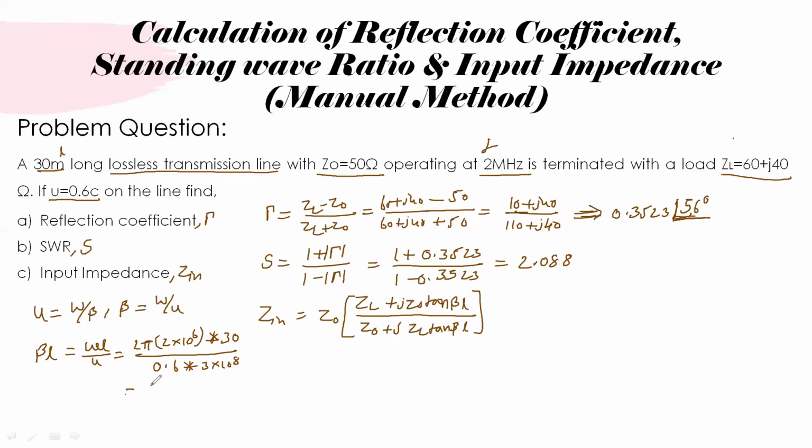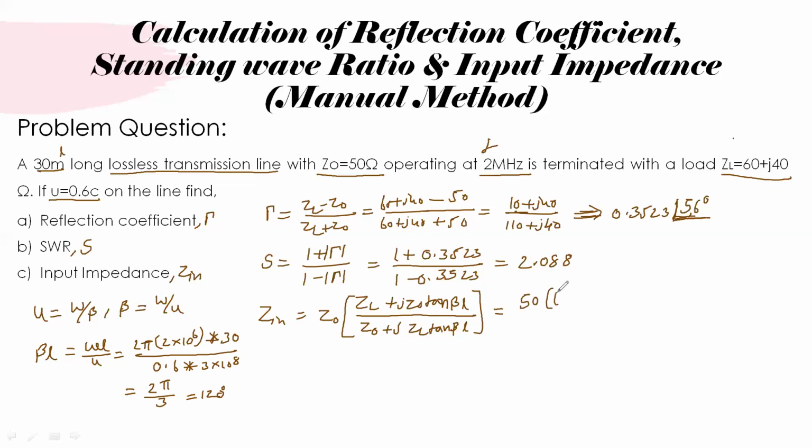Then the final value we will get is 2 pi by 3. So it is represented in terms of radians. Please don't substitute the value of pi as 3.14, because beta L is inside the function of tan. We have to take it only in radian terms. This is 120 degrees. So after taking the necessary substitutions here, the equation will be like this: